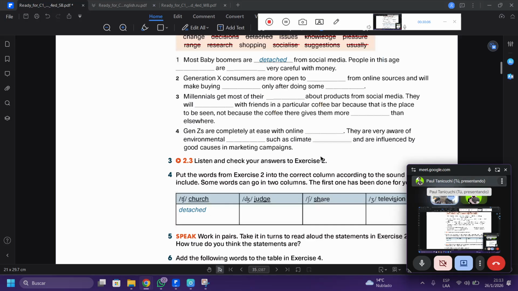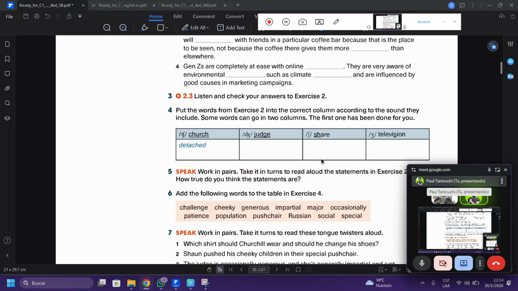Suggestion, challenge, yes. Judge is also about judge: change, knowledge, suggestions, range in this case. And those ones: share, shopping, issues, research. No, in this case, no. Socialize, television, usually, pleasure and decisions. Yes. Okay. Next.